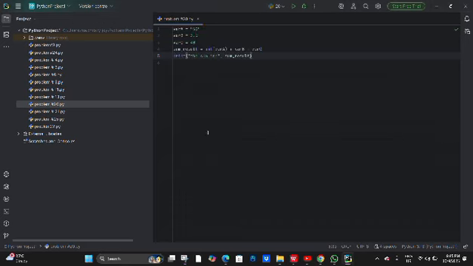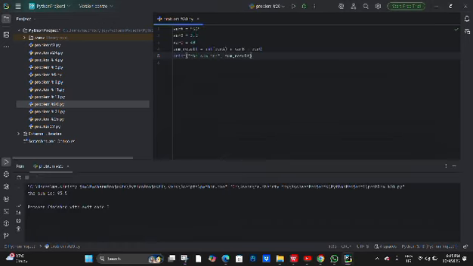So now let's try to run. So the output is 93.5. The output shows the sum is 93.5 because the program added the numbers 50, 3.5, and 40 after converting the string 50 into an integer. So the total is 93.5 and the value is displayed together with the message of the print line.